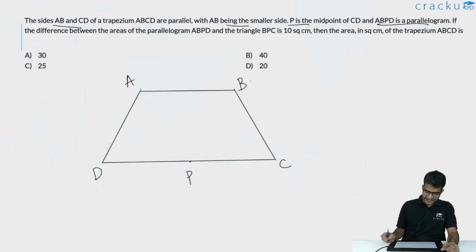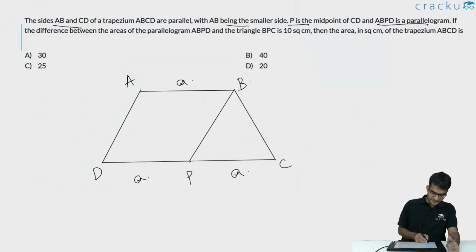And ABPD is a parallelogram. So if you are drawing this, ABPD is a parallelogram. In a parallelogram, the parallel sides are equal. So if you assume that the length of AB is small a, the length of DP will be small a, and because P is the midpoint of CD, the length of CP will also be equal to small a. Now if you assume that the height of the trapezium, that is if you are drawing a perpendicular from AB to CD, if this height